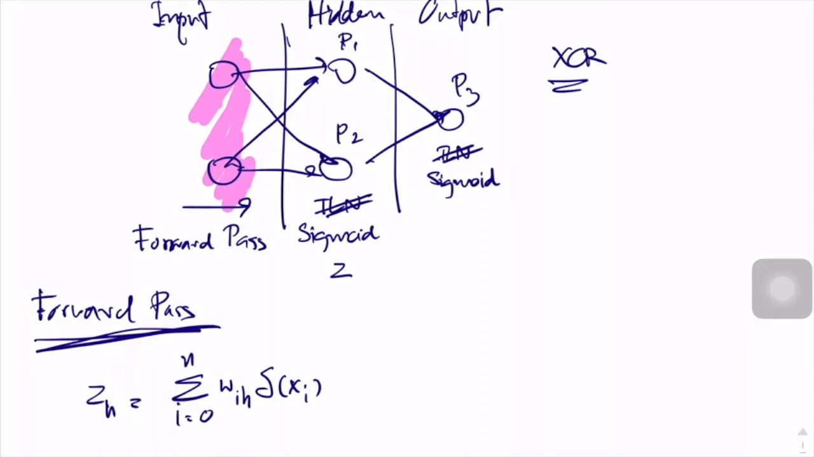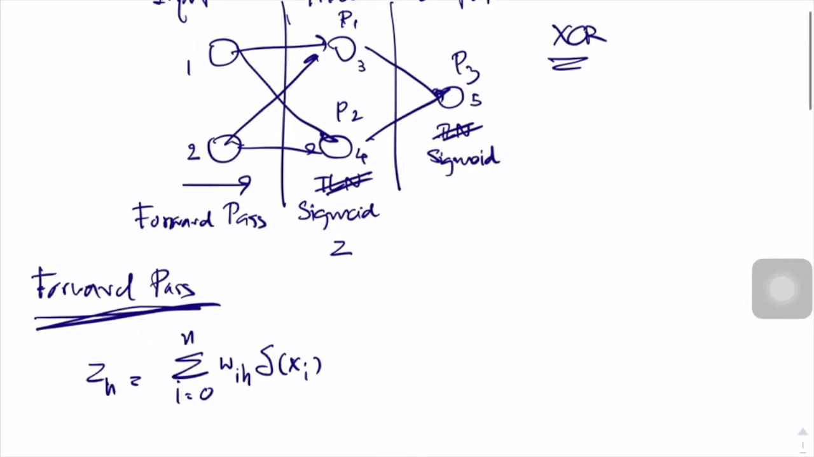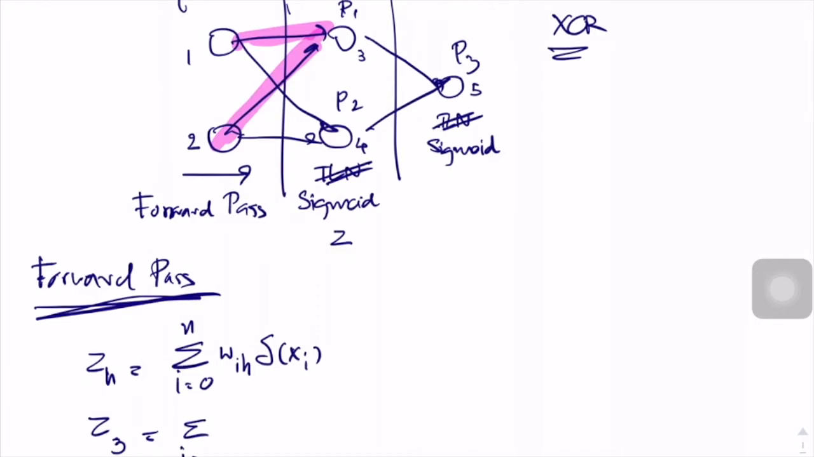So you can think that for the summation of w and x, w times x, it will be like the signal function of x can be x. Okay, so Zh is the summation of the weights from i to h times x. So for P1, can you see if we have x1 to be 3 and x2 to be 4, Z3 will be the summation of